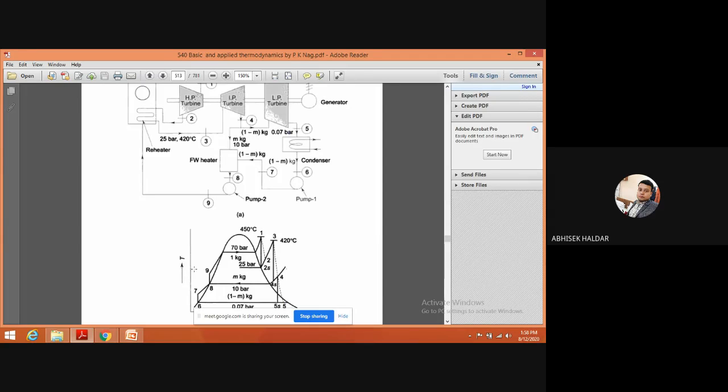The reason is that my target is also to get electricity. Electricity will come from the work that I am getting from the turbine. If I am not allowing the steam to expand in the turbine, how will I get high work from the turbine? If I take out some amount of steam after just a small pressure drop, it will affect the work output from the turbine, and in turn that may reduce the efficiency, right?